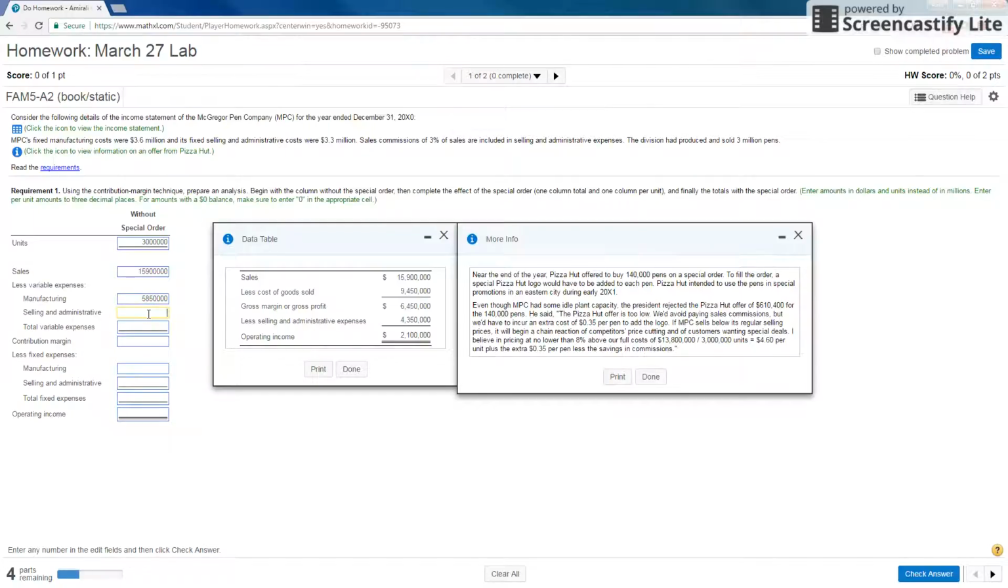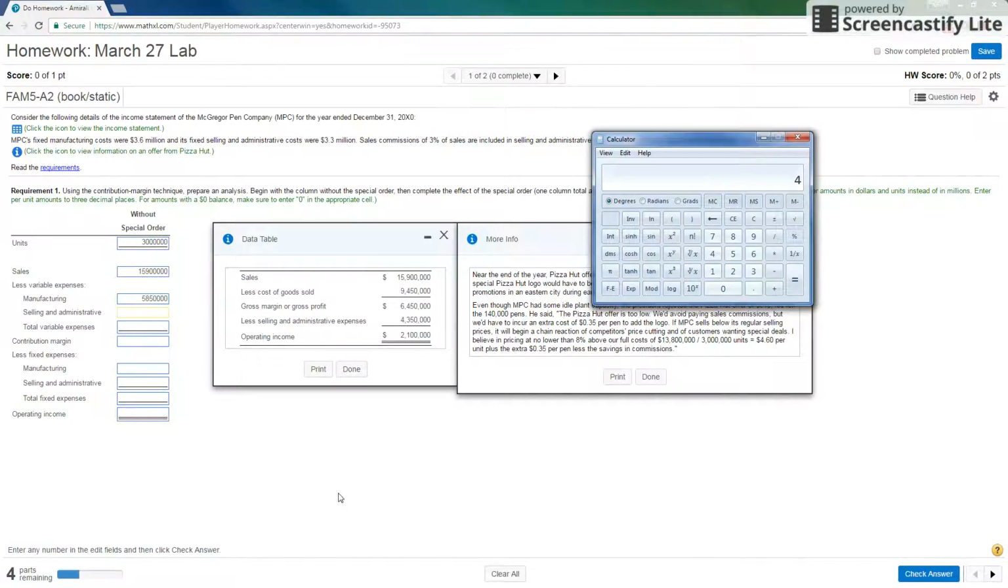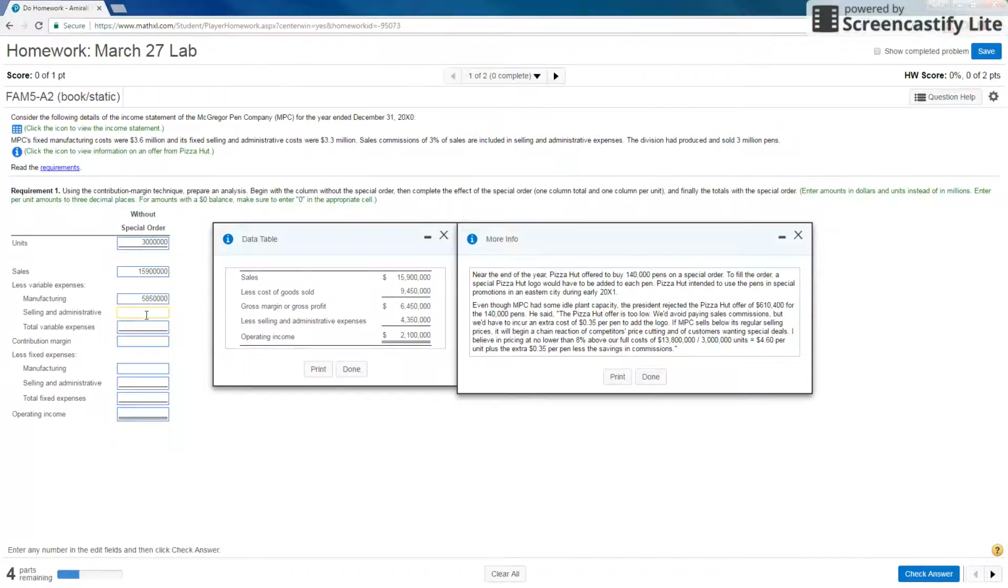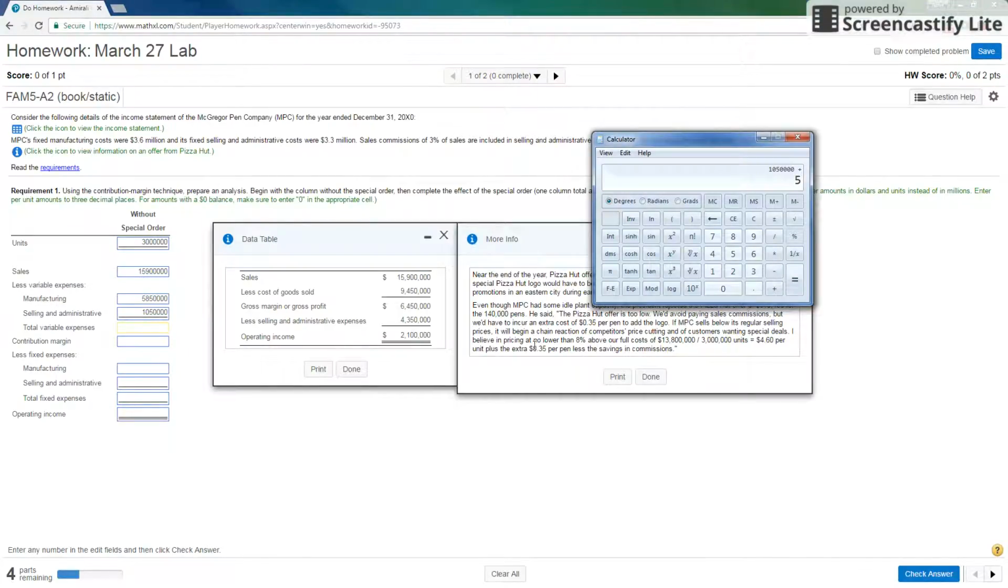For our sales and administrative costs, it's the same. We have 4,350,000 as the total sales and administrative expenses. 4,350,000 minus the fixed selling and administrative cost of 3,300,000 ends up with 1,050,000. When you have those two, you just add them together, so 5,850,000 plus 1,050,000